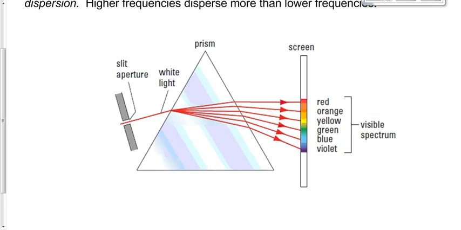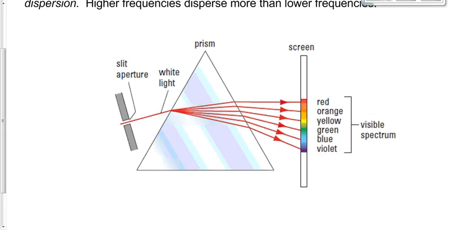It's called dispersion. You probably haven't heard the word before, but you've all seen the rainbow being formed. Literally, it's a rainbow. That's how real rainbows in the sky are formed. You get white light, that's really just all the colors combined: red, orange, yellow, green, blue, indigo, and violet